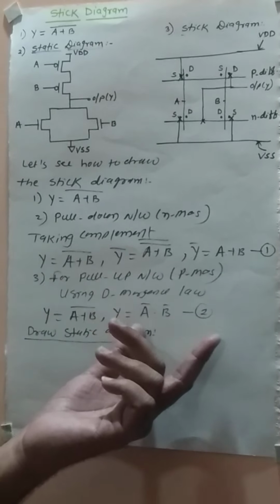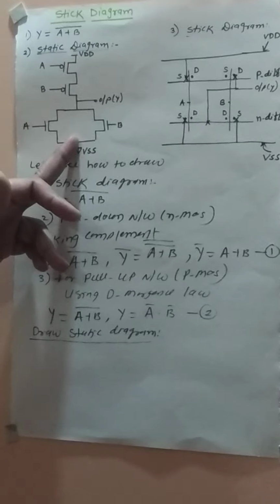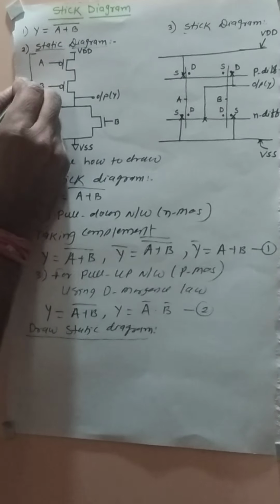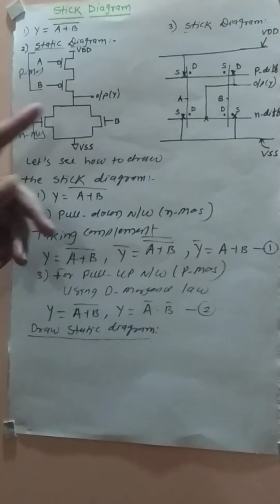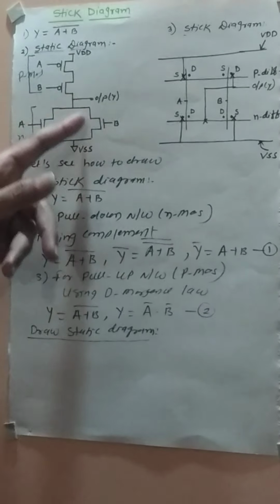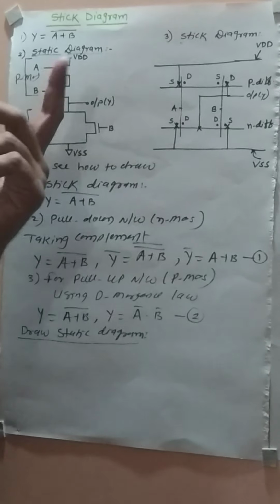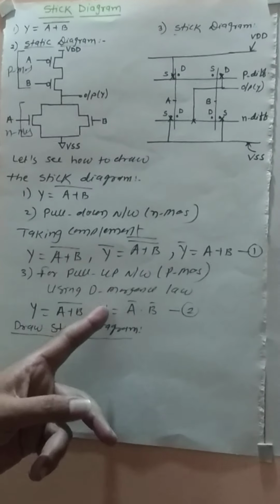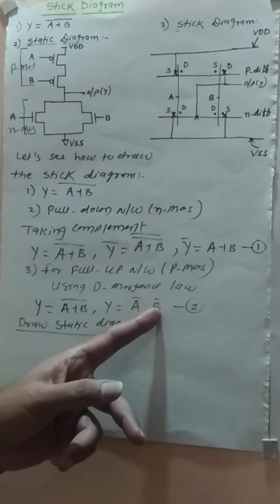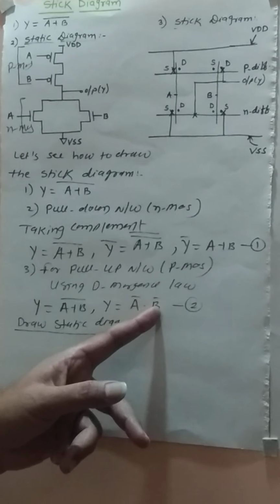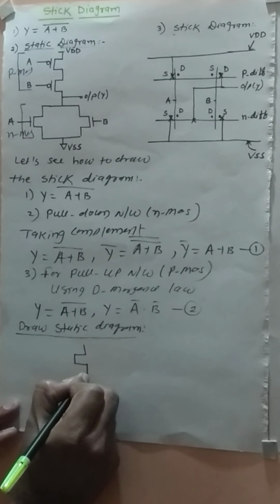In static CMOS logic diagram we know the upward part is PMOS and lower part is NMOS. From the static diagram, this upper part indicates PMOS, and this lower part indicates NMOS, and the output is in between these two. So first draw the PMOS. Source of PMOS is connected to VDD, and in PMOS or pull up network, terms are multiplying. So transistor A and transistor B connected in series. So let's draw this series connection of transistor A and transistor B.